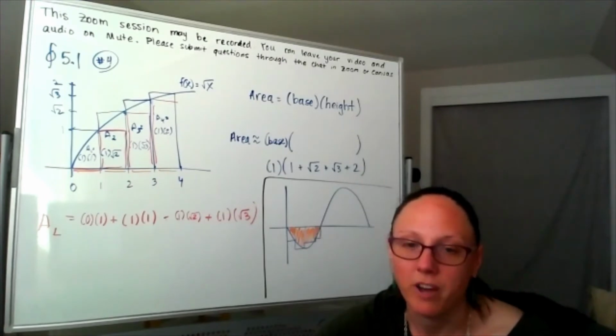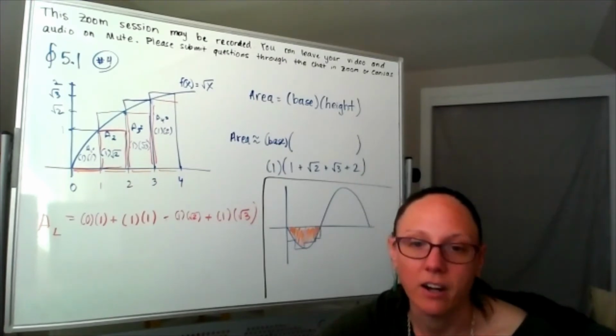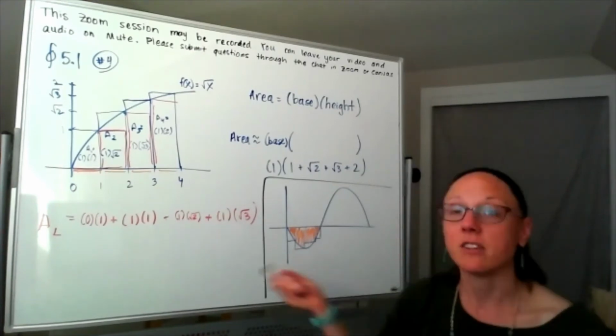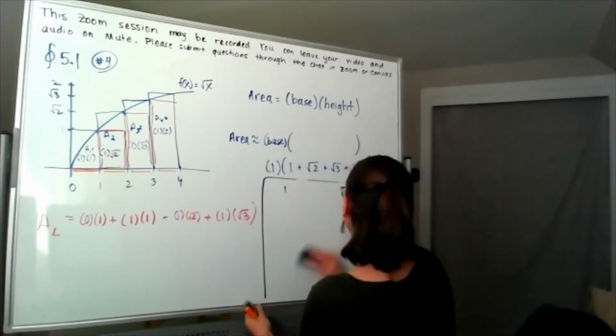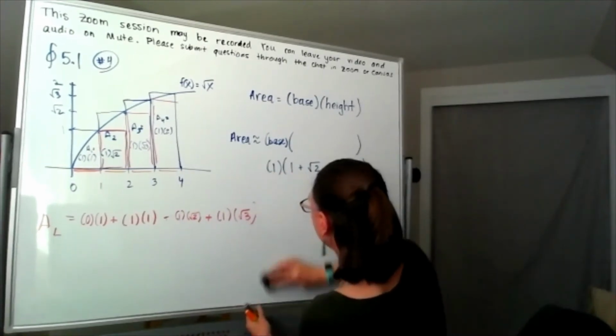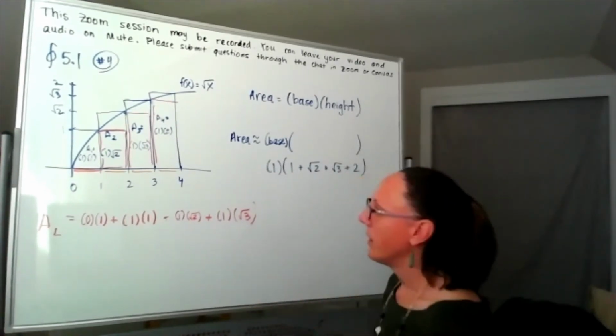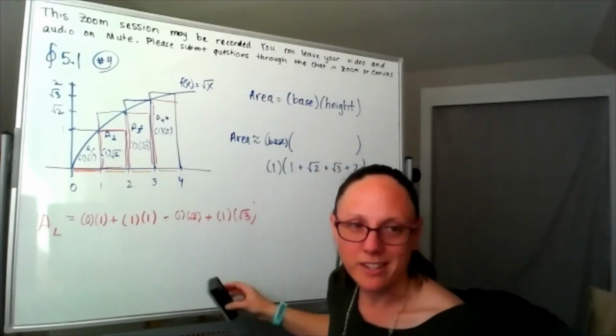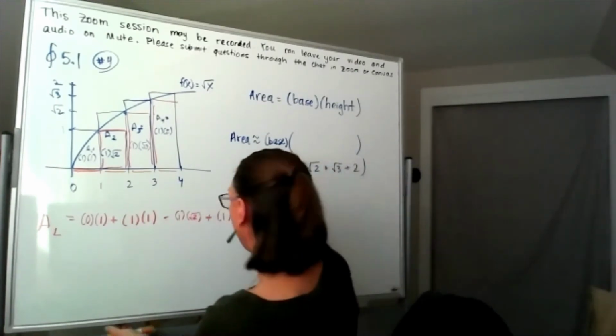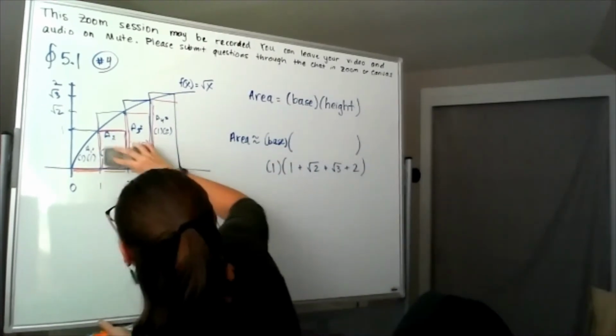And we've got another question in the chat here about the square root of 2 and square root of 3 for the y values on this graph. Yeah, excellent. So the way that I'm getting the heights, and I'm going to erase a little bit of this so that I've got a little more space, but